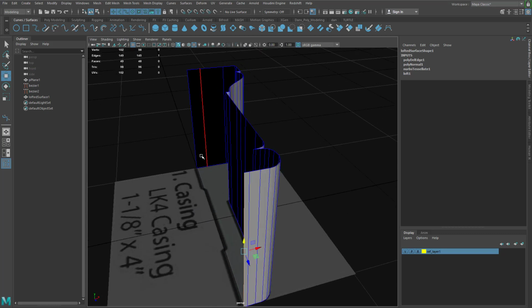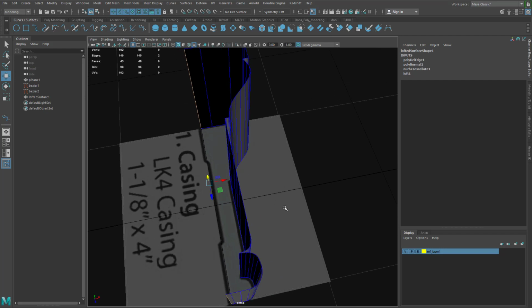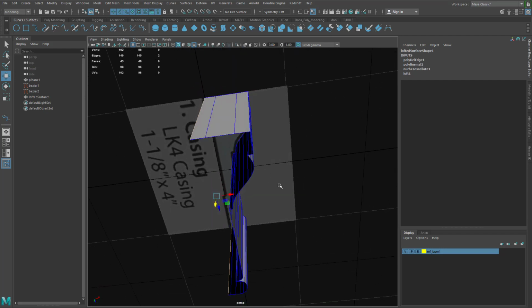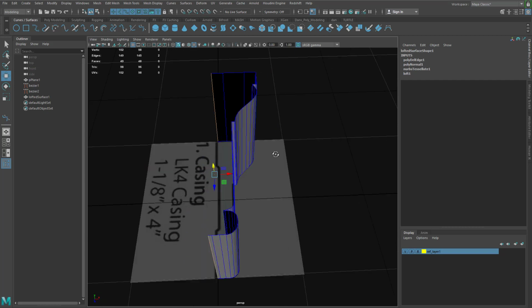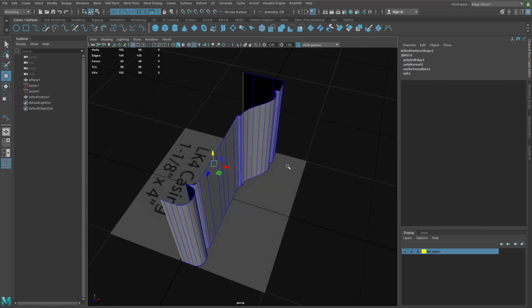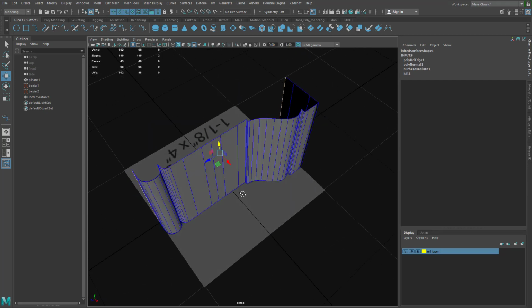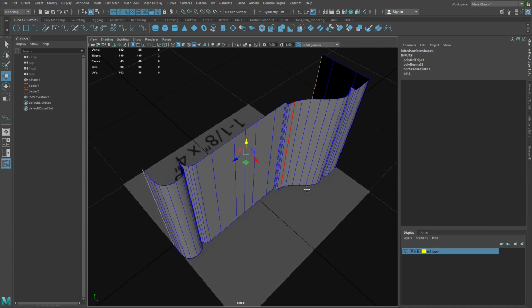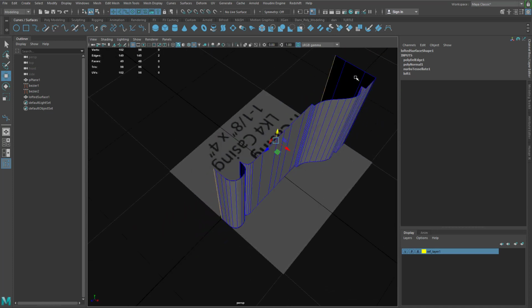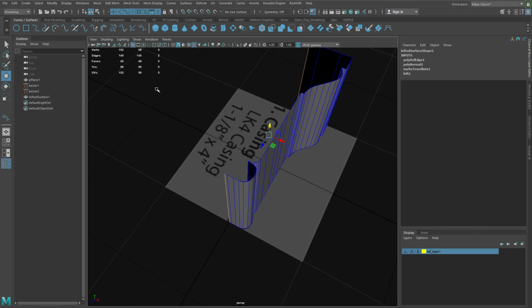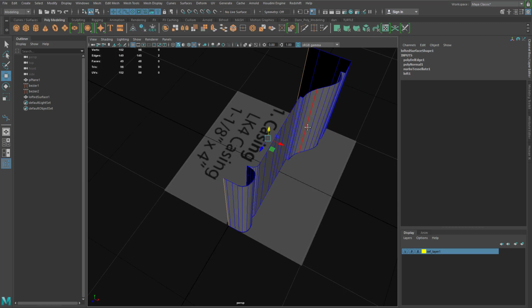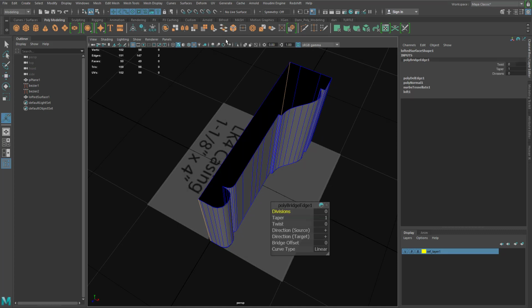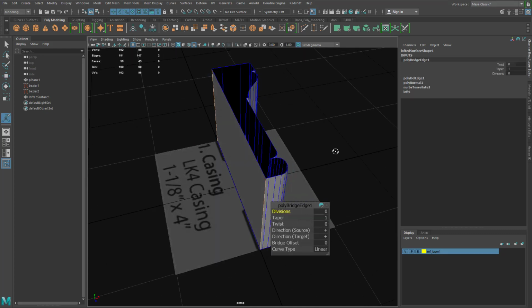And then if I want to patch up the back here, I can just go ahead and bridge these if I like. But we have to decide how we're going to handle these open areas on the ends. There's a couple of ways we can approach this. If we're going to eventually use this as a sub D, then we're going to have to fill this hole in properly. But let's go ahead and show you the fast methods first. So if I go ahead and bridge this, now I've got that back on there,